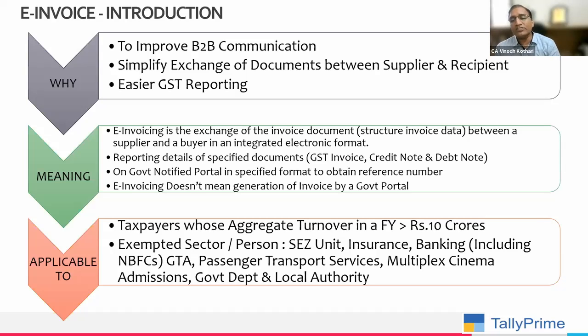Another big challenge which dealers are facing is that they are not getting the physical copies of invoices. So once e-invoice comes into the picture, the physical copy is not required. If you have the IRN number, QR code, and the online invoice copy, that itself is more than enough. The original copy is not required. GST reporting becomes easier.